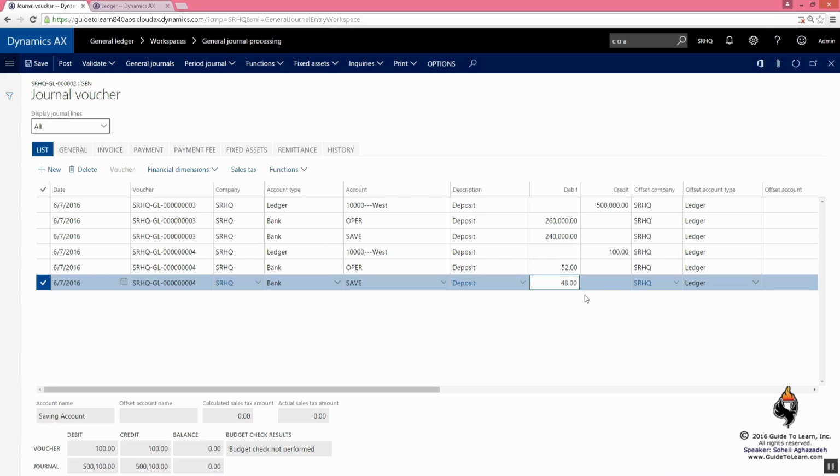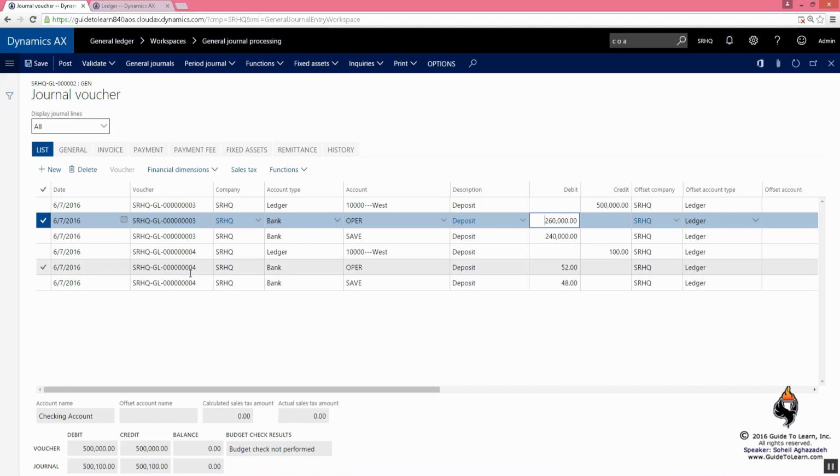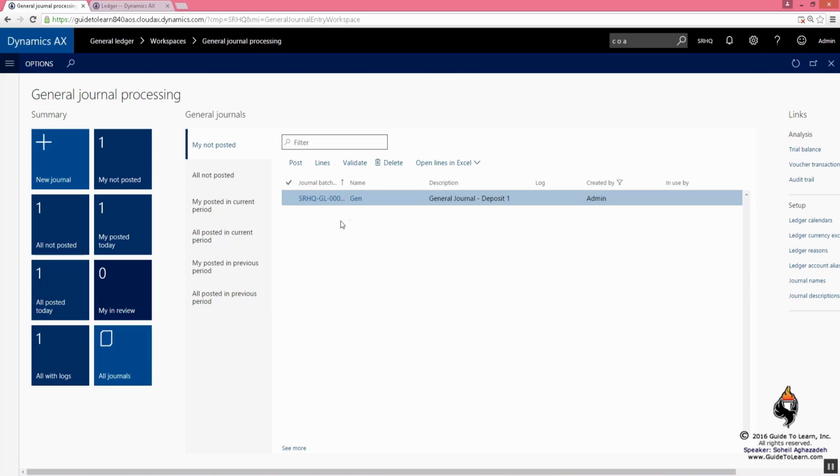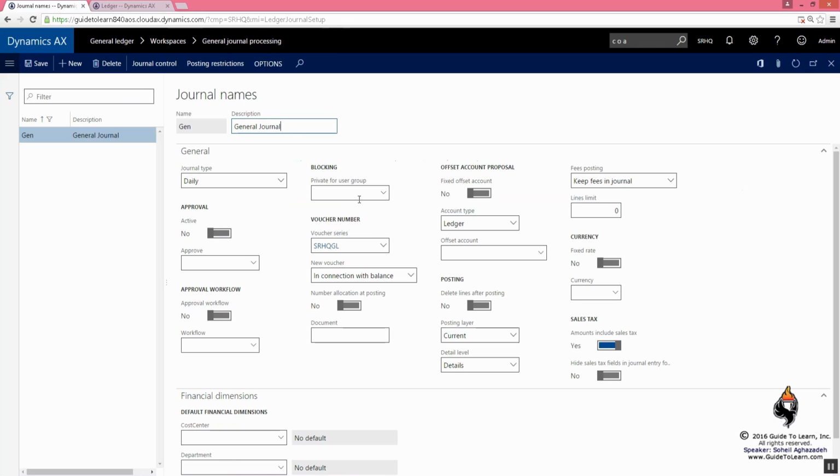You won't be able to see the effect of voucher template as type % unless you have multiple lines. Otherwise, it's always 100%. As you notice, the voucher number here is coming from the journal name. So let me explain that again. If I go back here and take a look at the Jan